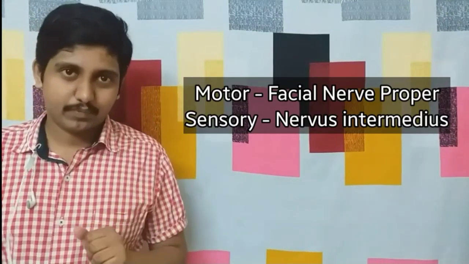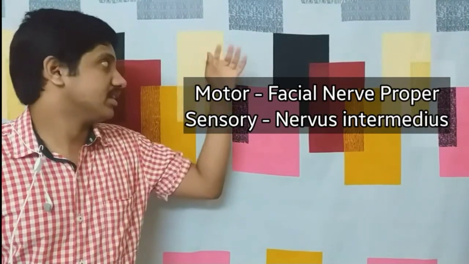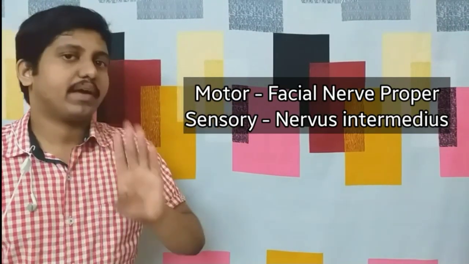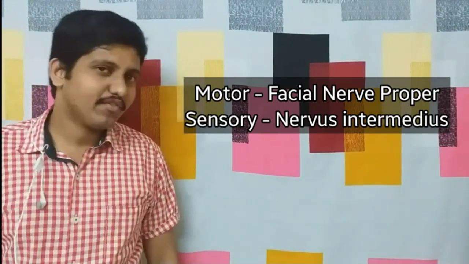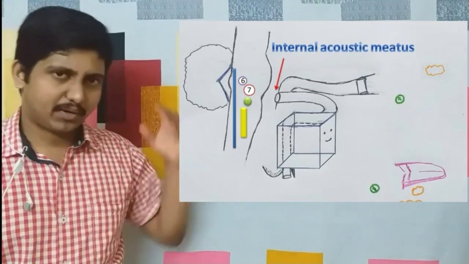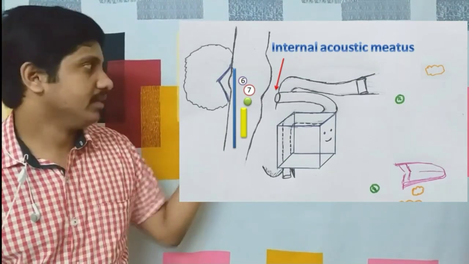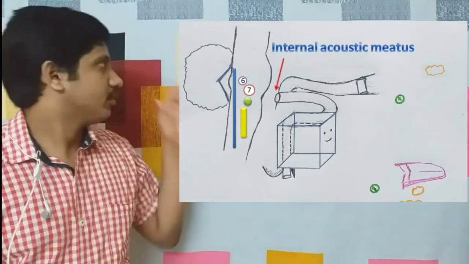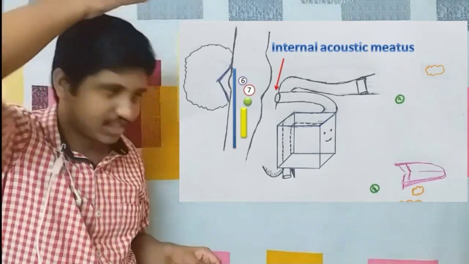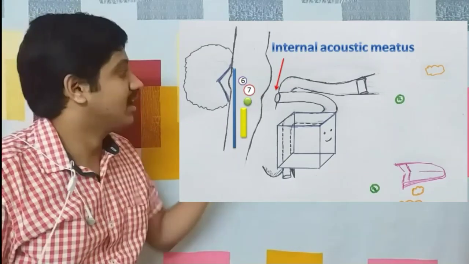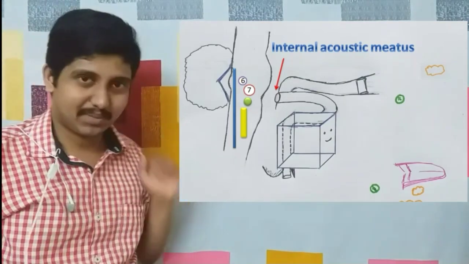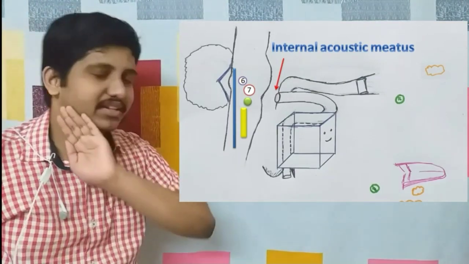Now we have to know what the nuclei are for each of these, the motor part as well as the sensory part. We have to deal with four different nuclei, but before that we have to know about their positions. They are located almost near the pontomedullary junction of the brainstem, as you can see here. Don't be afraid by seeing the picture. It is just the sagittal section of your skull, and this cubical box is nothing but the middle ear. The middle ear is represented by this box. I will explain it all clearly.